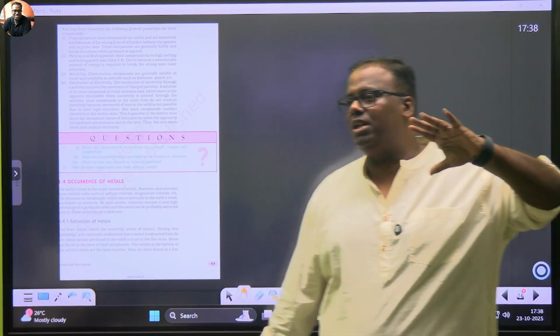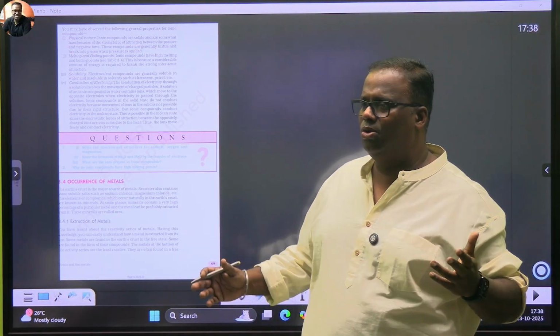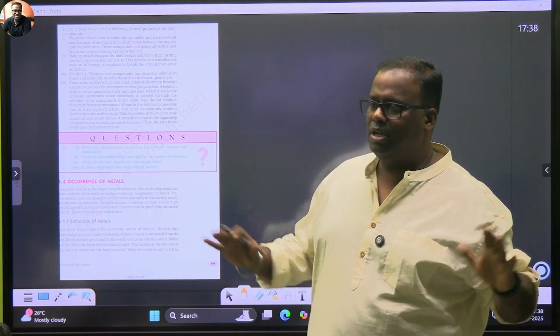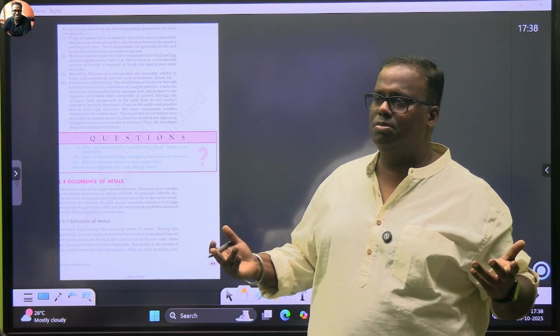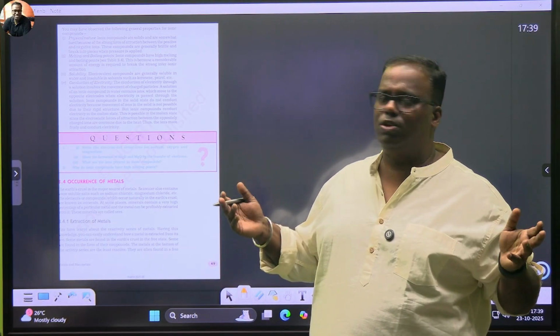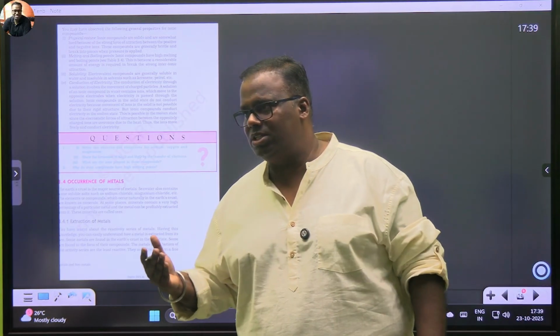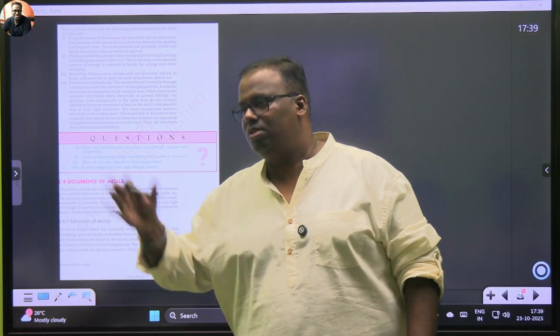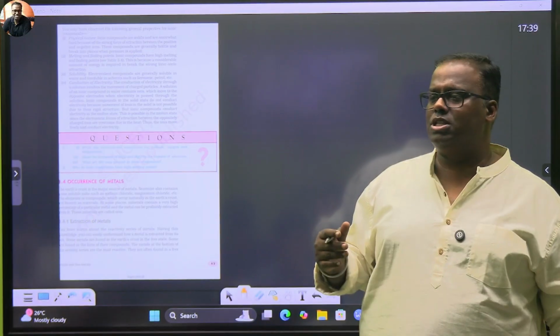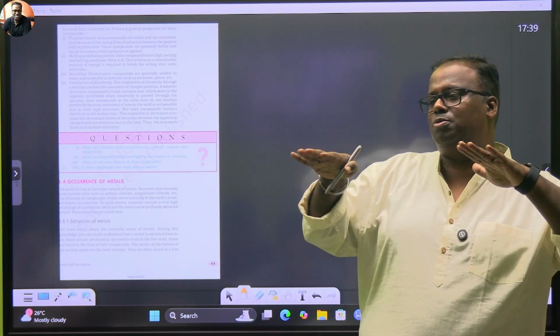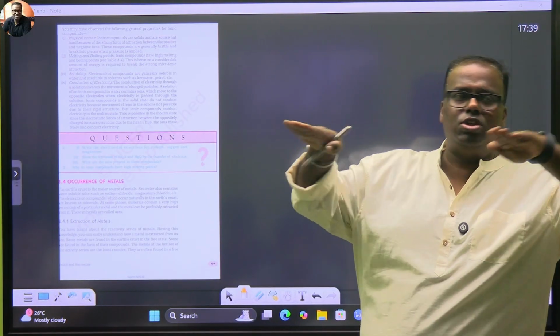So first, when we get the ore particles, our job is to crush the ore. We crush the ore and make a fine powder of it. Then, typically it's just like making vegetables, you'll first wash it. We call it hydraulic washing. In hydraulic washing, lightweight particles, which are generally the dust, get moved away. There are various processes like gravity separation, where they put it on roller belts. The belts will shake as they move.